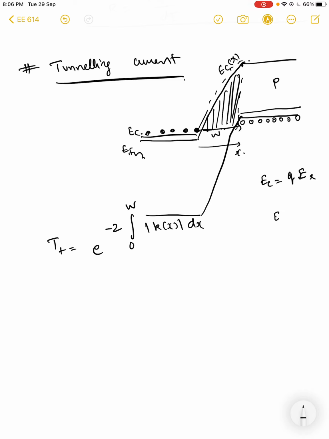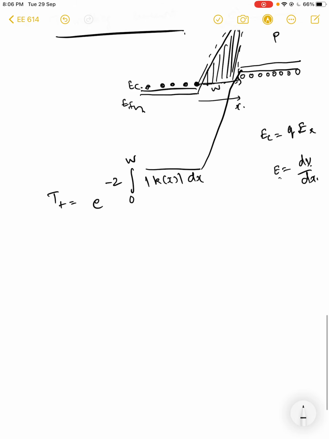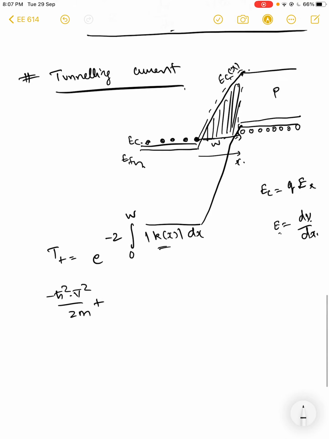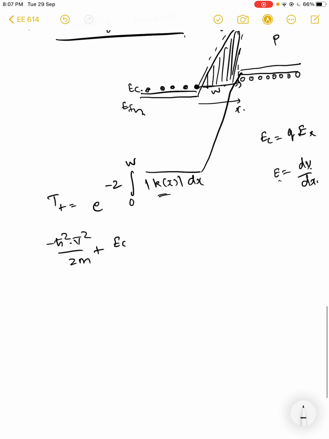Because you know that E is equal to dV by dx, and the actual potential is basically a product of E into x. So E is the electric field, and this V, the potential, is basically written as EC, the conduction band. With these things given, K is the solution of the electron wave function, which we know from the Schrodinger equation can be written as minus h bar square del square by 2m plus the potential. The potential is basically the conduction band triangle that we're talking about, so it is EC of x,